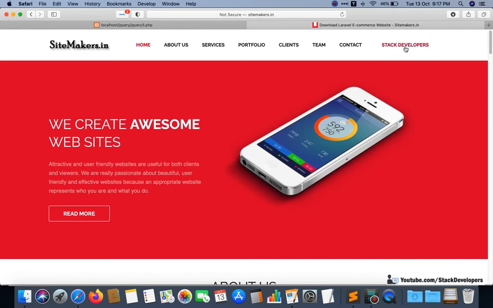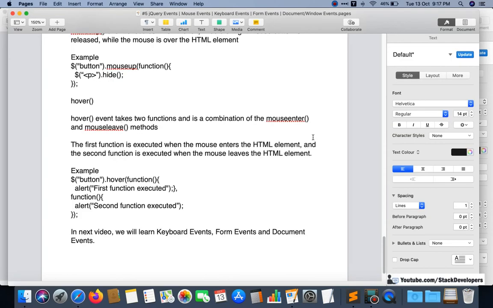Like I have told you, on mouse enter one action is performed, and the color is red, and when you take the mouse away, then the other function will be performed, and that will change the color to black or some other color, you can see here. So this is the combination of two events, mouse enter and mouse leave. Okay, so we can try this one as well.